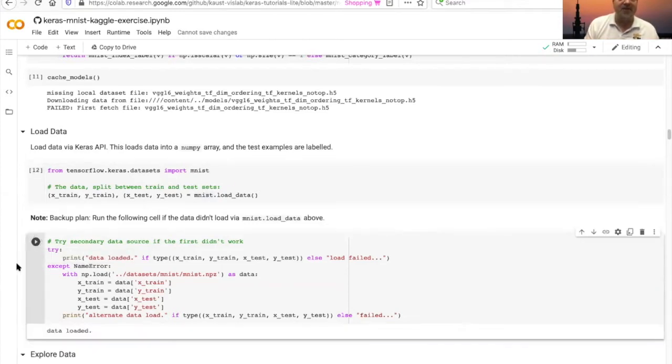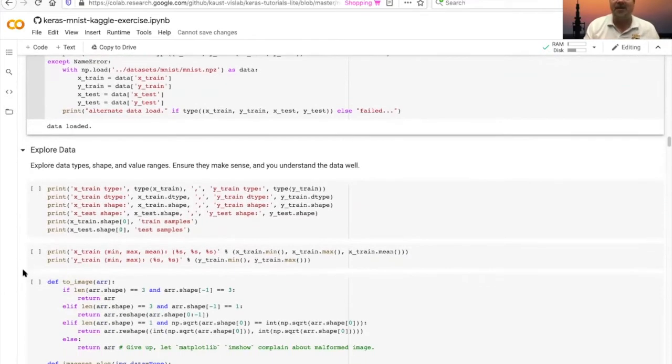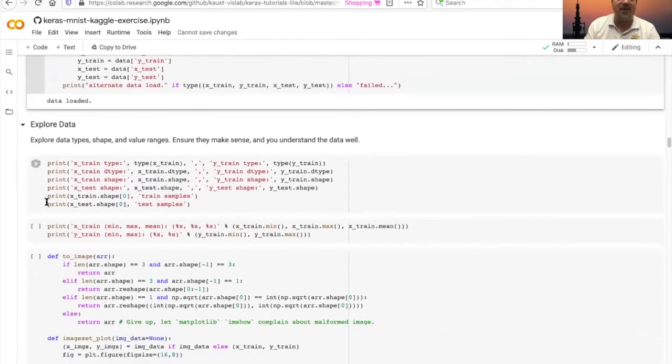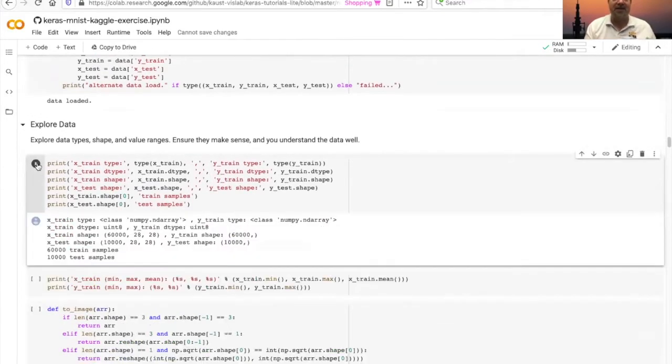This second cell, if I run it, just verifies that the data is there, and if not, tries a second data source. But in this case, data is loaded, so we're good. And similar to last time, we're going to explore that data, find out what its types, its sizes, its shape is. And so we see that their training data set